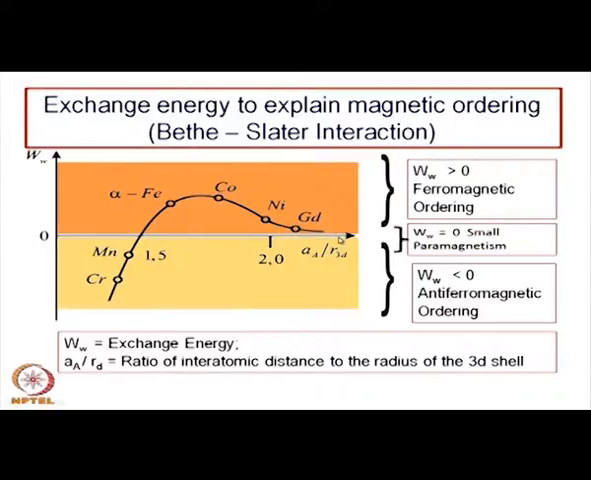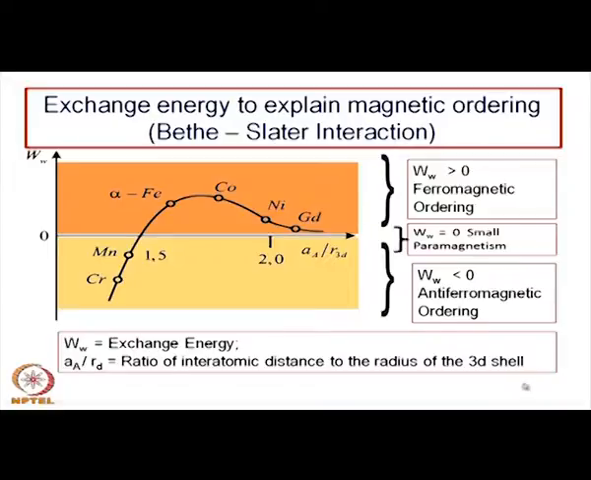plot from this Bethe-Slater interaction, and that very well explains why some of the unfilled d-cell electron or d-cell elements have a strong magnetic interaction or very strong magnetic moment, whereas the others do not. So, once we plot this exchange interaction energy or exchange energy against this ratio, the ratio is a by r_3d. a is nothing but the interatomic distance of that particular crystal structure, and then the radius of